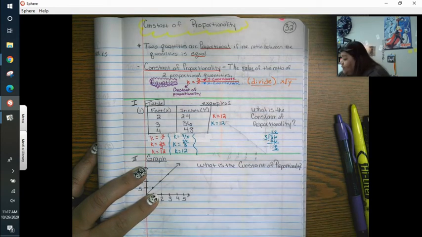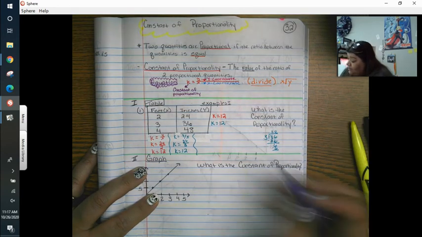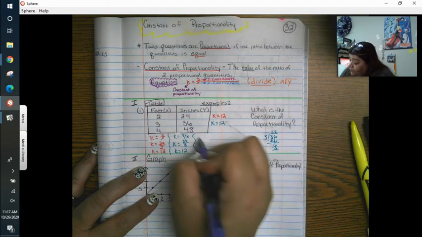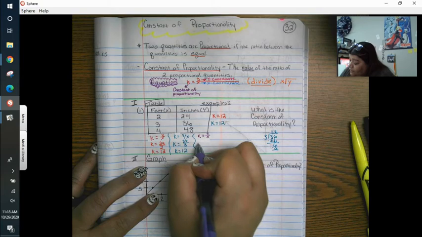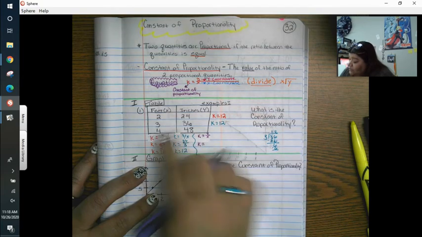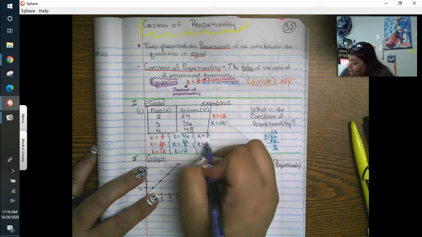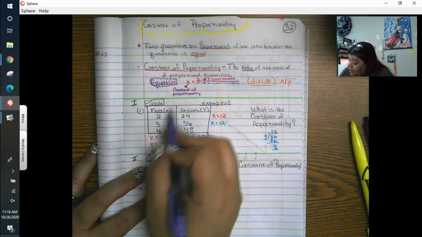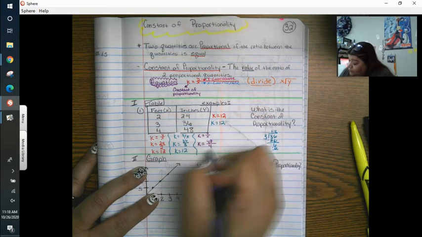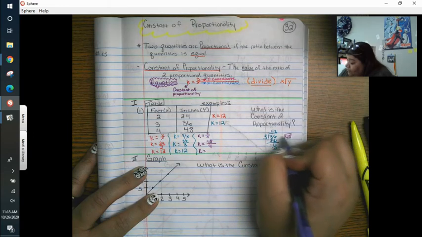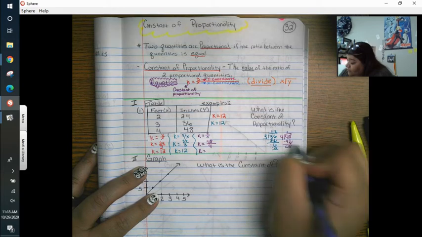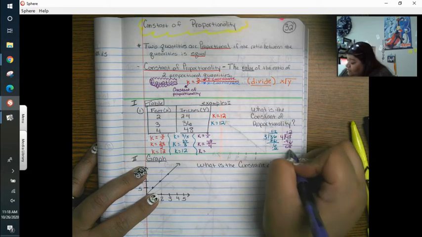Okay, do you see? And let's do the last one. 48 and 4. K equals y divided by x. Therefore, k equals, my y is 48, my x is 4. Let's go over here and divide 48 by 4, and 4 goes into 8 twice,